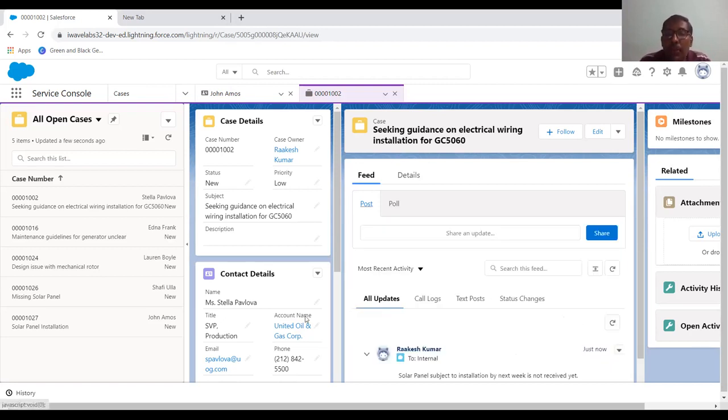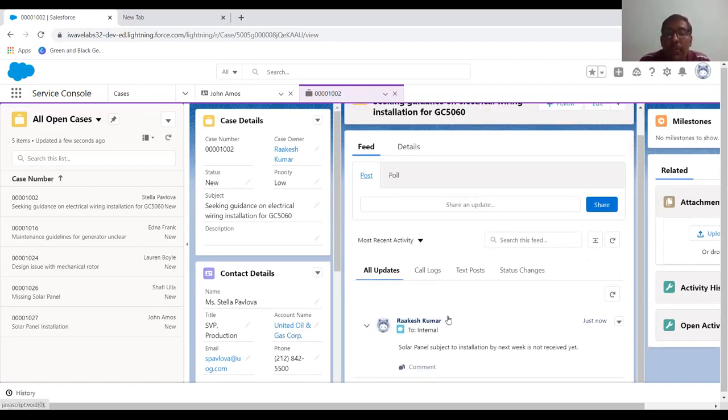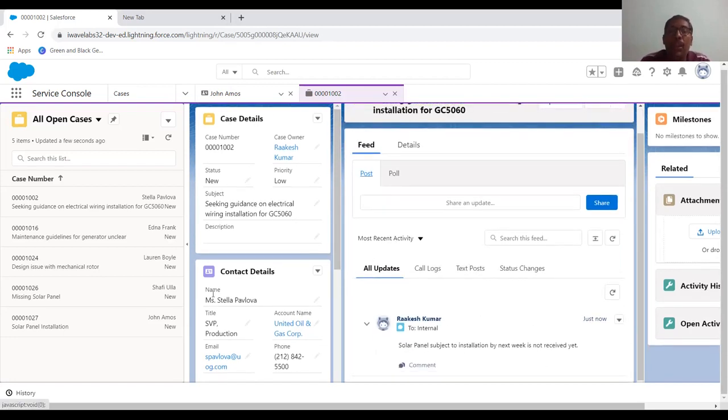Likewise, I can share my feed here. The information will be shared with internal persons too. So this is all about creating a case, and then you can share and update your feeds and all this stuff here.